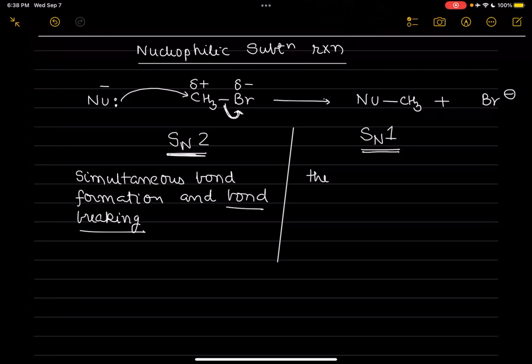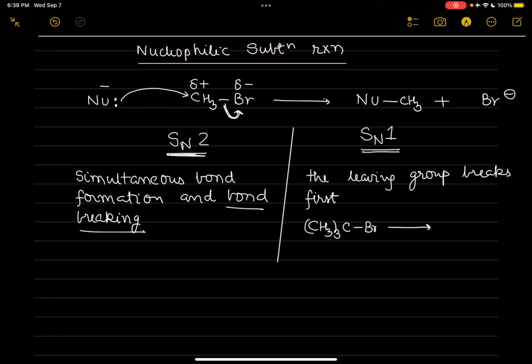In SN1, Anushka, the leaving group breaks away first from the substrate. Okay, so for example, if we are having CH3 whole thrice tertiary group, it will break. Br minus will come out,